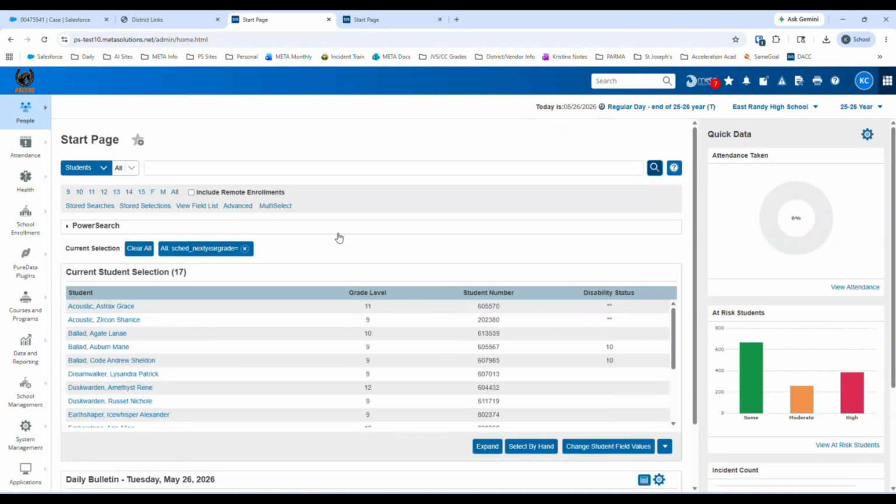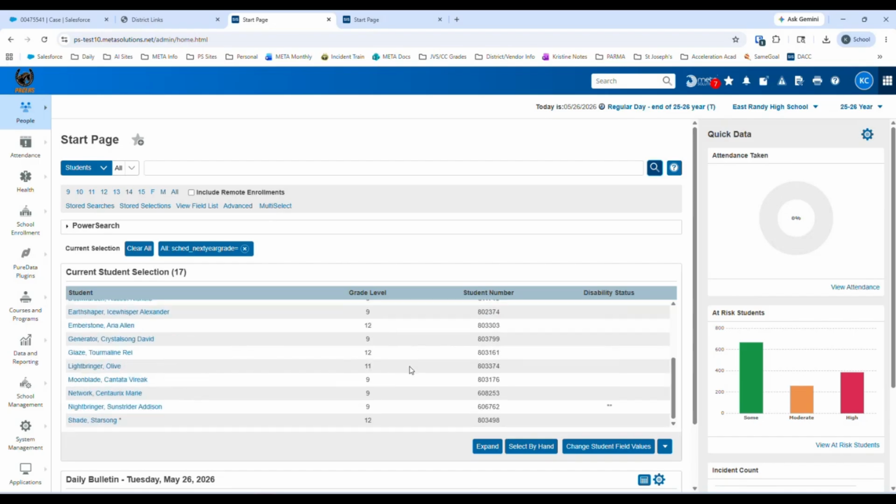So this identifies all of our students that are missing grade values for the following year. Same as with the school building, we can do this in mass or we could do this individually. I'll show you individually after I show you how to do this in mass. But as you can see here, we have a whole bunch of different grade levels. So we obviously aren't going to move everybody to the same grade. So you will have to do some additional filtering just to make sure you're moving students into the appropriate